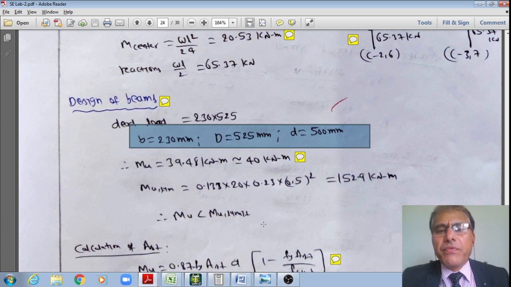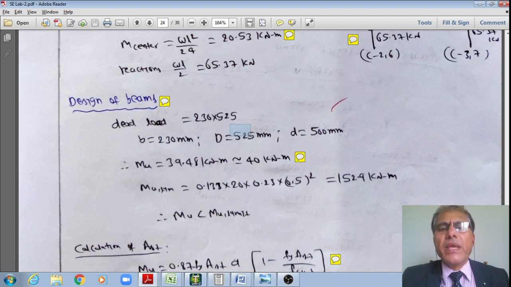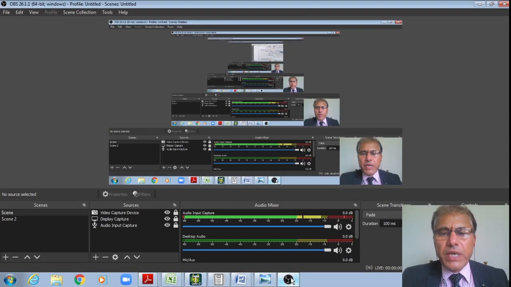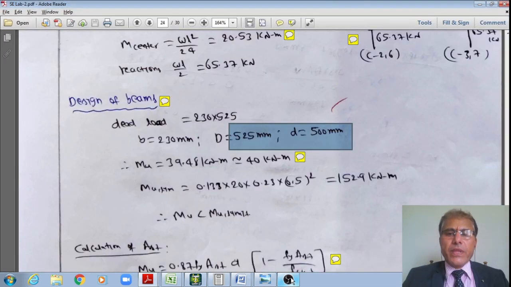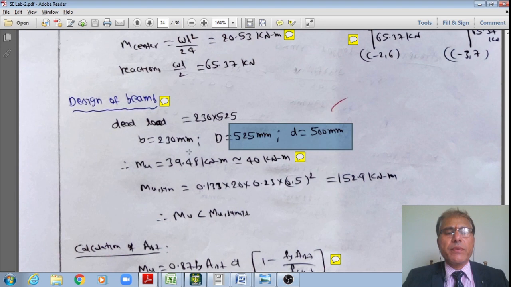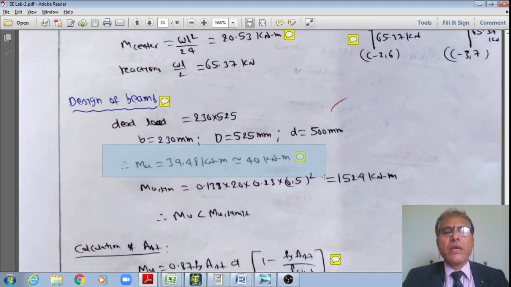Therefore, 500 minus 8 means some 492 mm is the effective depth, or you may say 25 mm is the effective cover, then my effective depth is equal to 500 as appropriate, right? You make an assumption appropriately and calculate what is the effective depth provided, right? Therefore, once I get that effective depth, I already know after analysis I got moment Mu is